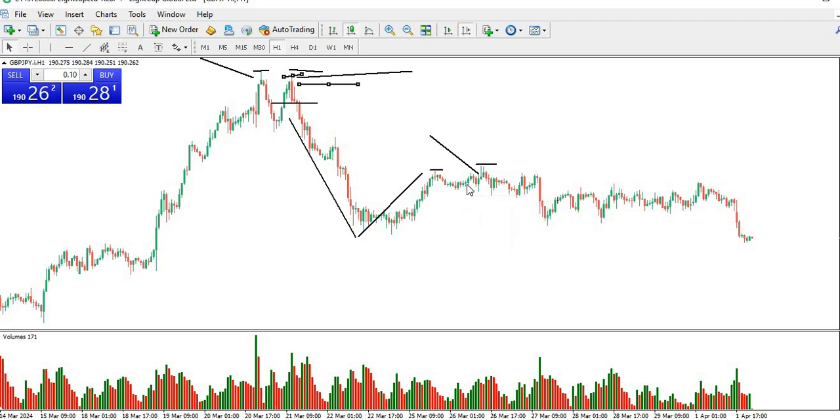And after the candlestick confirmation, the market move is quite obvious. Let's say we would have entered the trade from this area, from the lower point of the pin bar, and the market moved to this point. So these are the examples of how we will trade the double top,